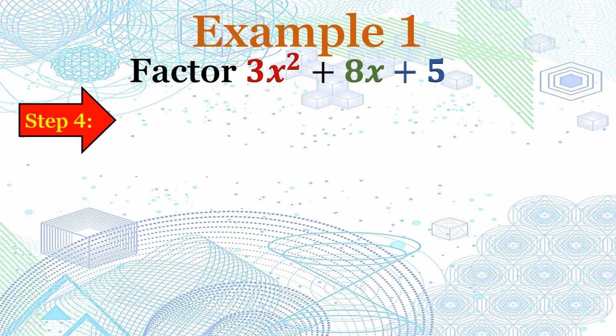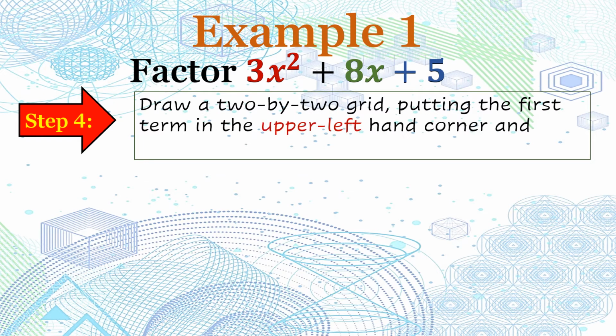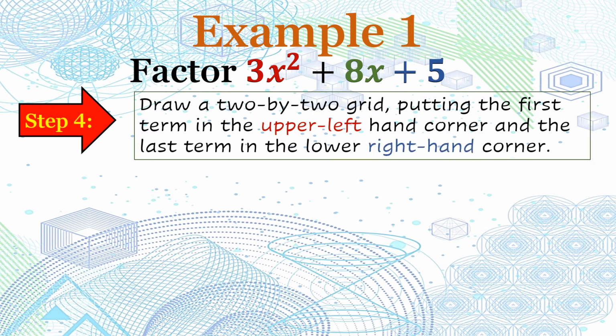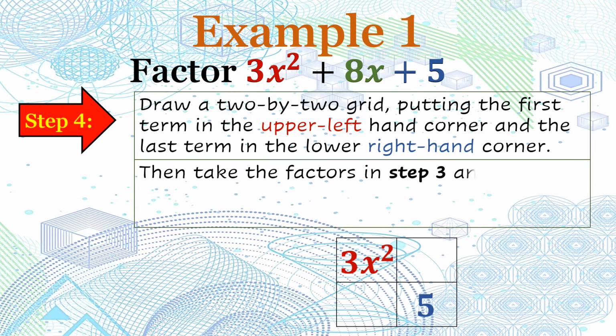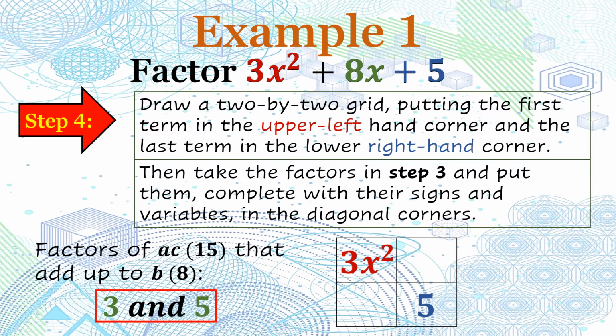Step 4. Draw a 2 by 2 grid, putting the first term in the upper left-hand corner and the last term in the lower right-hand corner. That will be. And then take the factors in step 3 and put them complete with their signs and variables in the diagonal corners. So again, the factors of AC, which is 15, that add up to B, which is 8, are 3 and 5. So we have